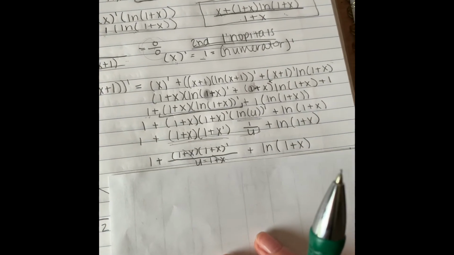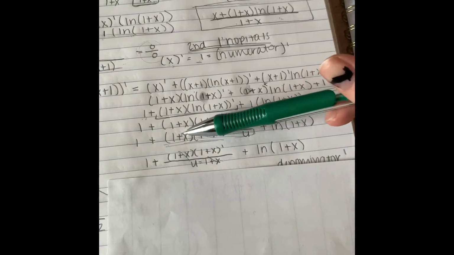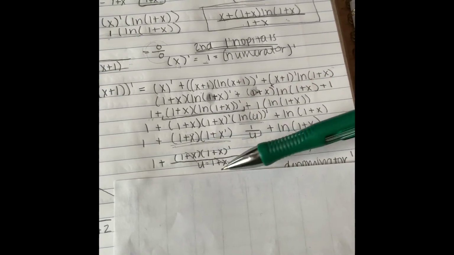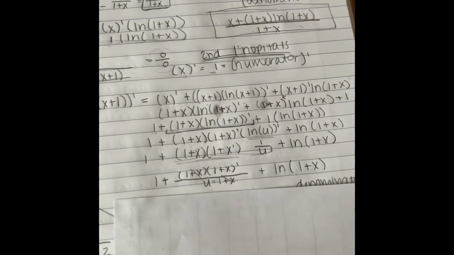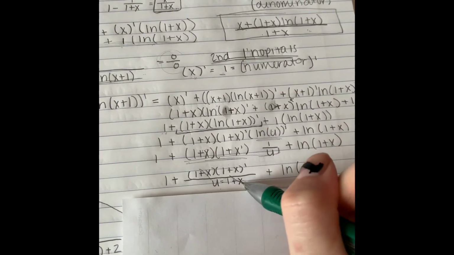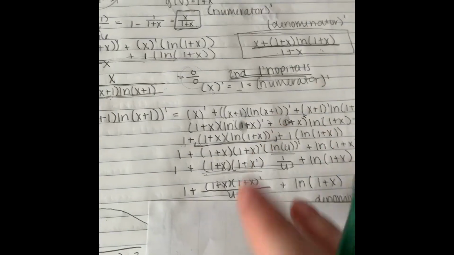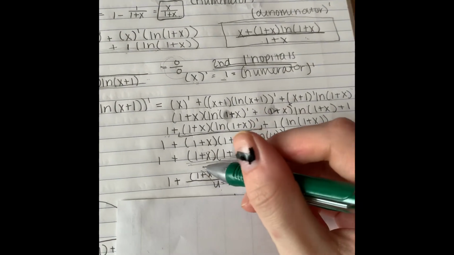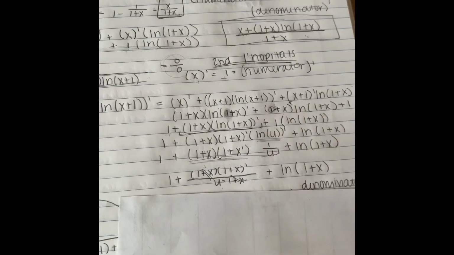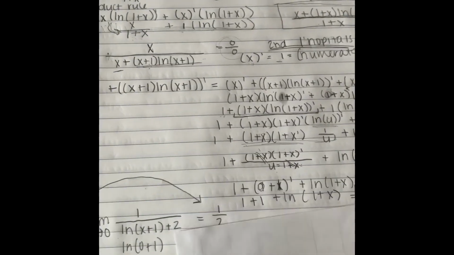And then you put all of this, these two, over u here. And then because u is that 1 plus x, same thing as up there, I just wrote u equals 1 plus x. And then that cancels out with that. So then you are left with